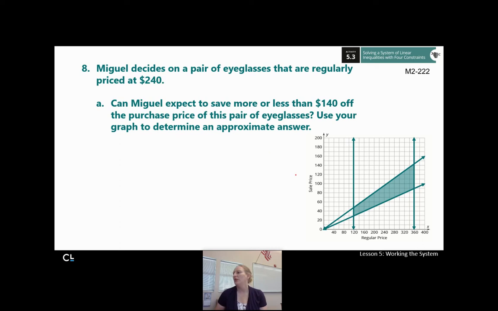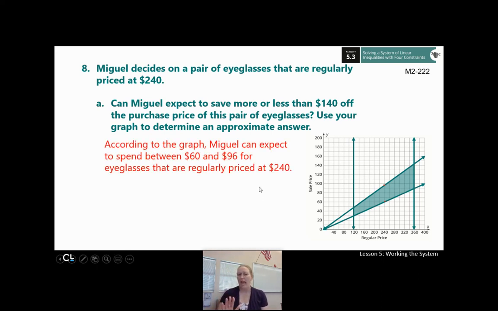So using our lovely graph here, we've decided at 240. Here's the lowest, which looks like it's about $60. And here's the highest, which doesn't quite get to 100. That looks like what, 96-ish dollars? So according to the graph, Miguel can expect to spend between $60 and $96 for eyeglasses that are regularly priced